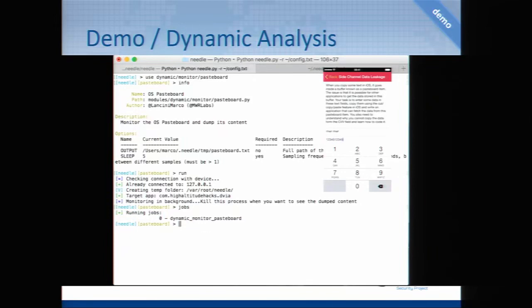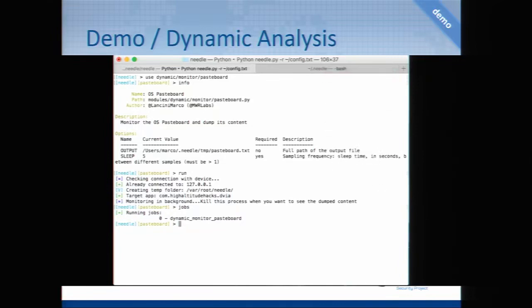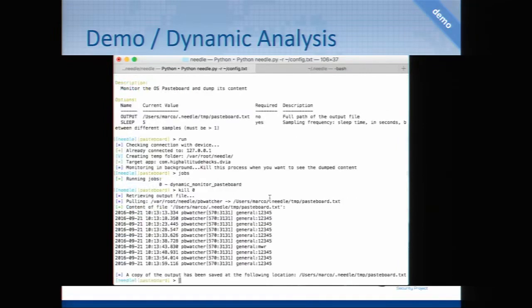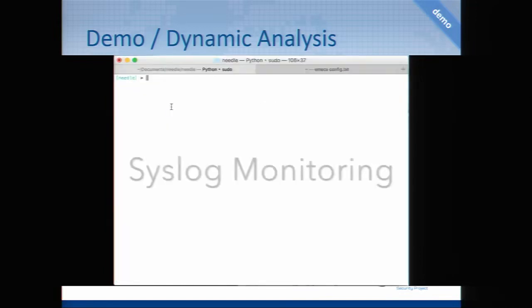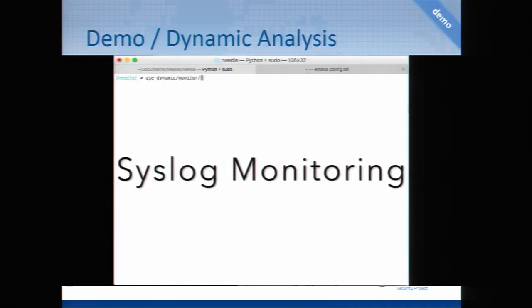In this case, a malware, or on a jailbroken device someone, might be able to retrieve this sensitive information. In this case I'm just running one background job every time, but nothing prevents you from running a multitude of background jobs at the same time. When we kill the jobs, we see that the developer forgot to disable this feature, so we can retrieve